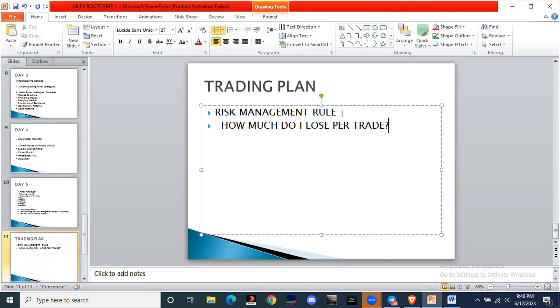Two, you can say, I want to take only 2 trades in a day. No matter how sweet the setup appears, no matter what happens, I want to take only 2 trades per day. That is part of your trading plan. Three, you could say, I don't want to lose more than 2 trades in a day. The moment I lose 2 trades in a day, I'm done trading. I'm not going to trade again. All of these things are trading plans that will help to keep you in check so that you don't do something excessive that will lead to a very serious financial loss.